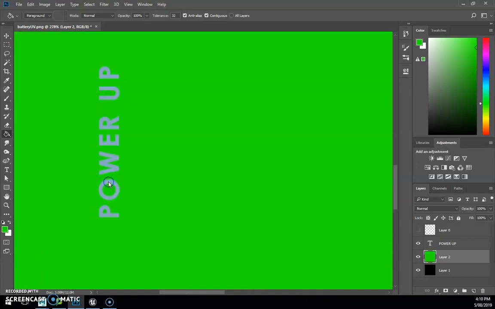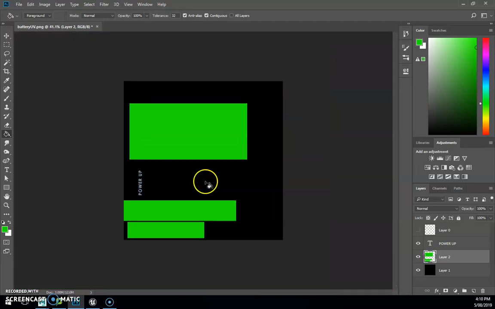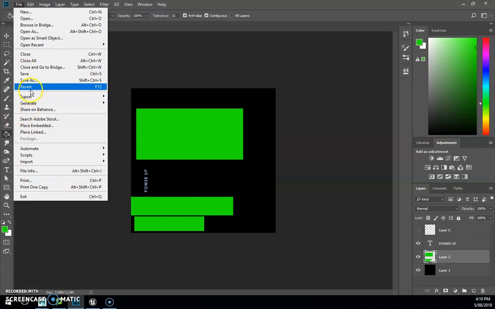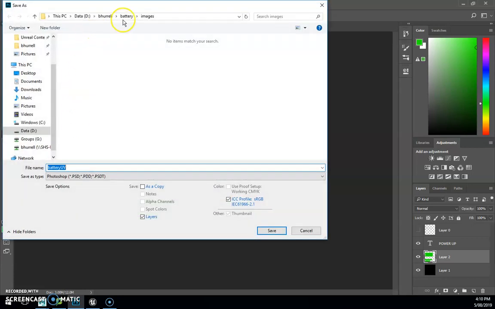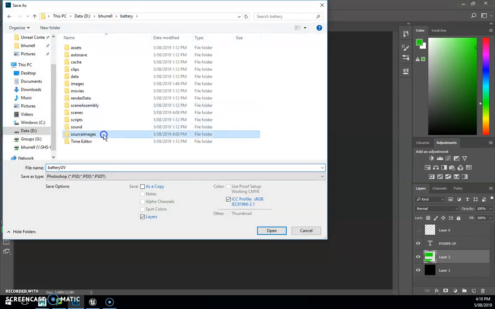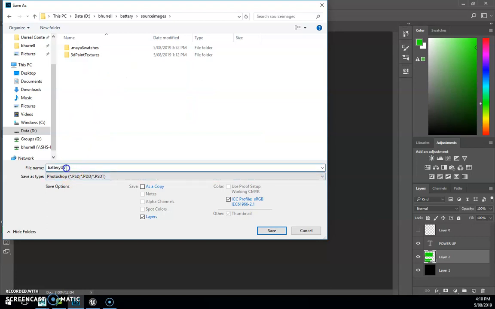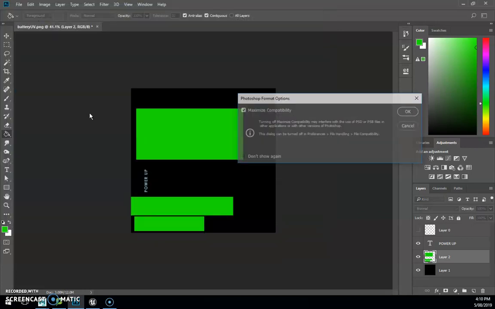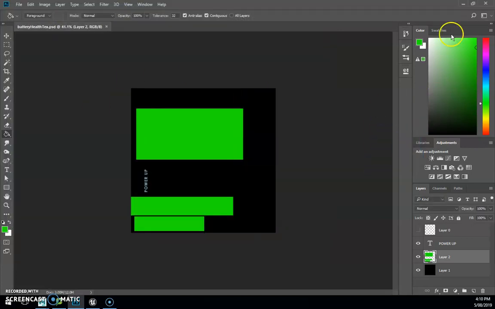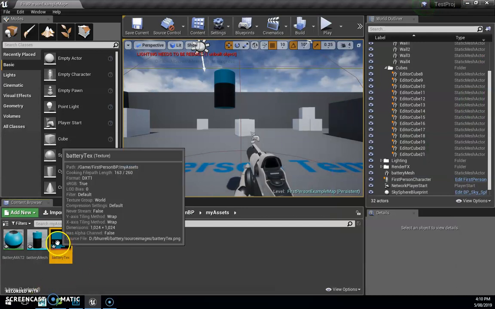and, blimey, we won't have that. Alright, let's save that out, and I will go to my source images. I'll call this one battery health texture, and I am then going to